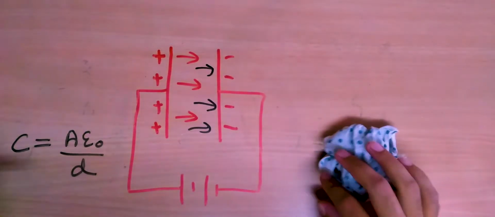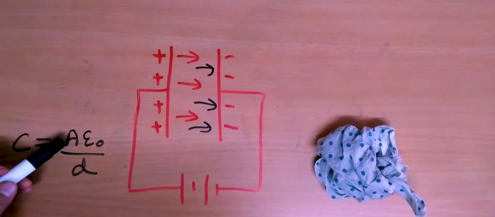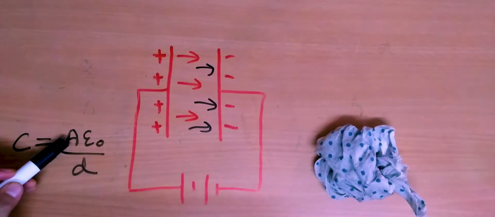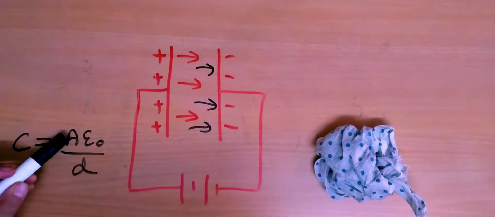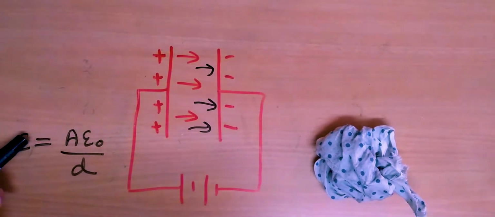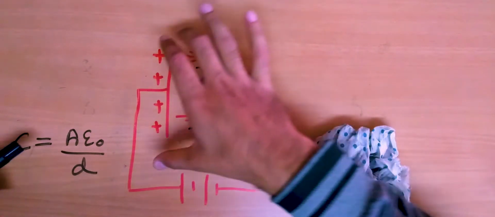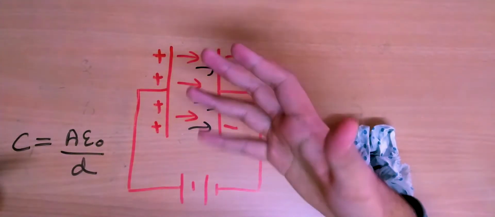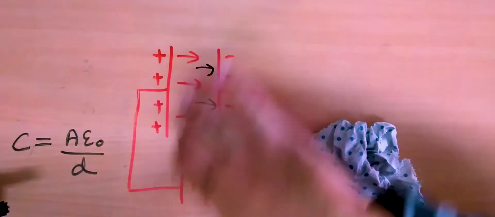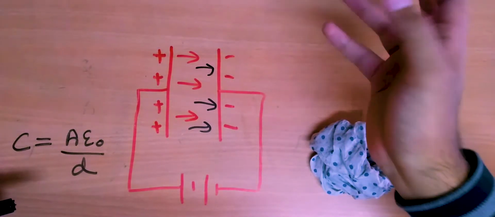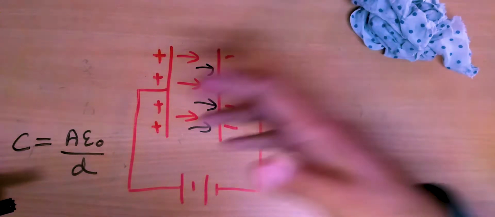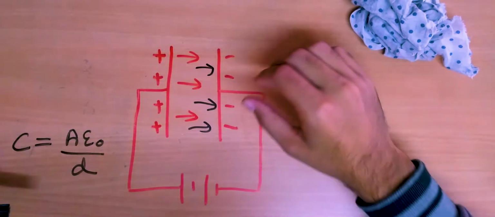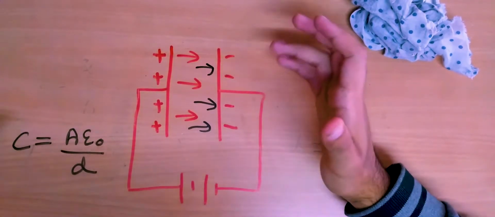And so if we look at this expression, this tells us that it depends on A. First of all, A is the area. So if I increase the area, the capacitance goes up, the capacitance increases, which simply means, which is very obvious, if I have a larger plate with a larger area, I'll have more capacitance, because I'll have more space or more area for the charge to be stored, right? Simple. So the capacitance or the capacity to store charge for a given potential difference will increase.